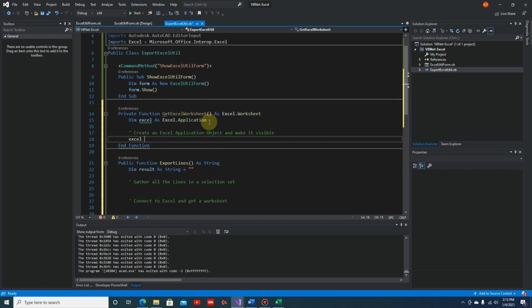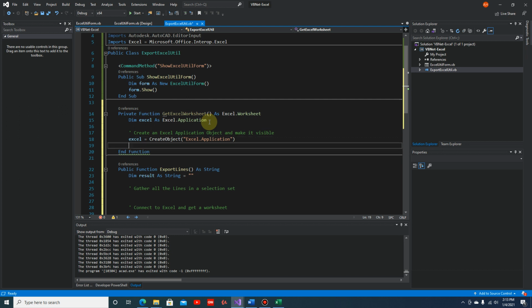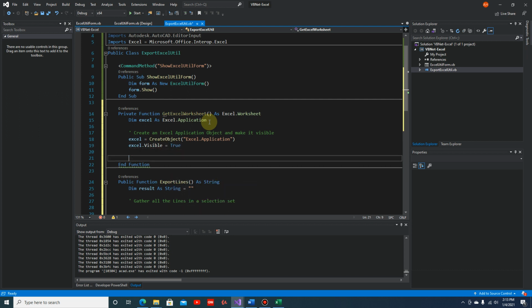So excel equals CreateObject, and then it should be Excel.Application. Next, we have to make it visible, equals true, so that every time we are writing to an Excel file, the user can see what's happening on